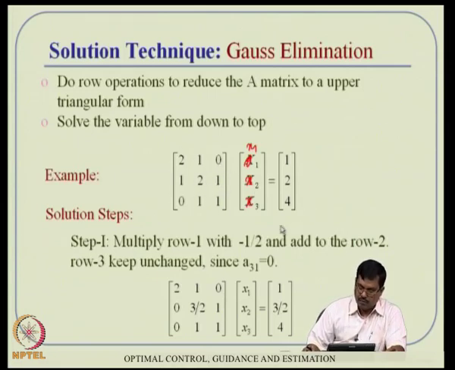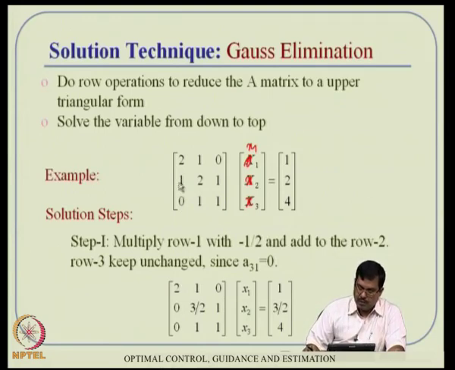So what do we do? We will try to see these elements, whatever you see here, 1, 1, 0, this has to be all zeros. Now, 1, 0 is already there. So I want to make sure that this 0 also happens here,